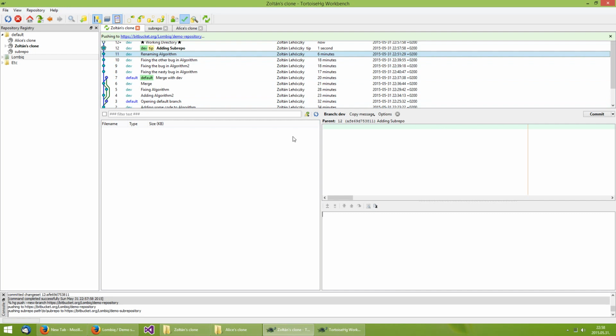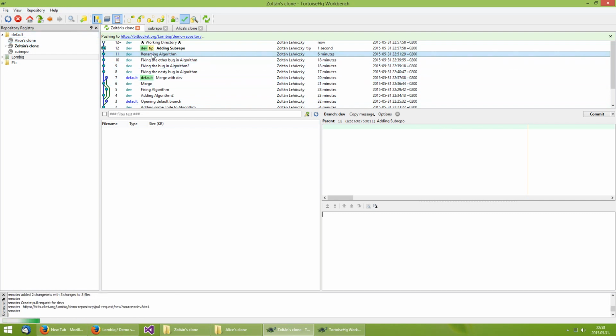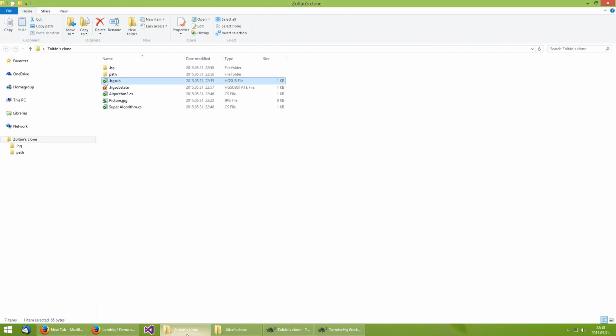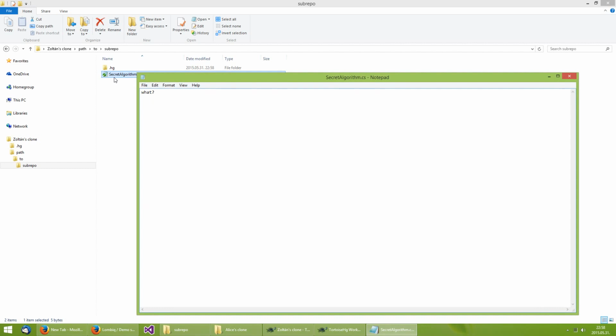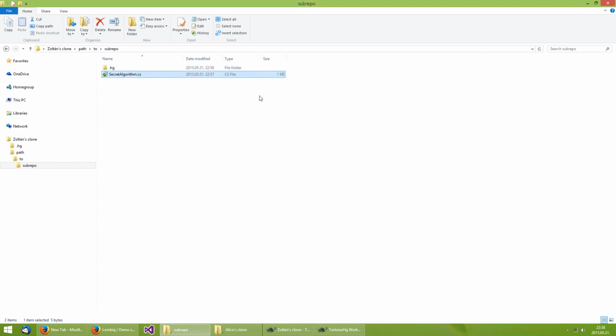So subrepository states are also shared through remote repositories like everything else. And if we go back to our working directory, you can see that this subfolder for the subrepository was automatically created for us. And here is secret algorithm. Now I guess you would die to see what's in secret algorithm, but I won't show it to you. I'm just kidding. Okay, maybe this is another algorithm and the real secret algorithm is somewhere else. Anyway, we have our subrepo here under this path,